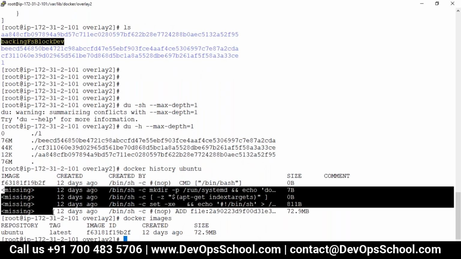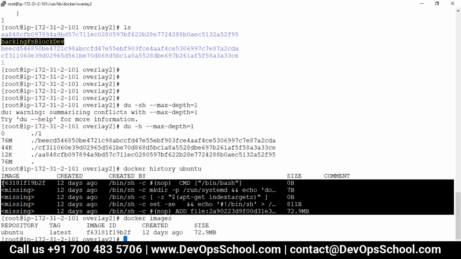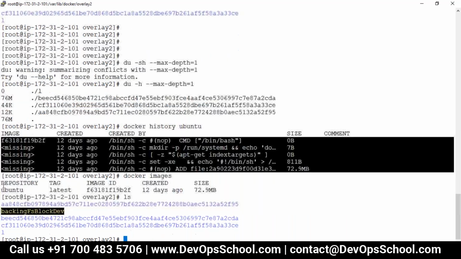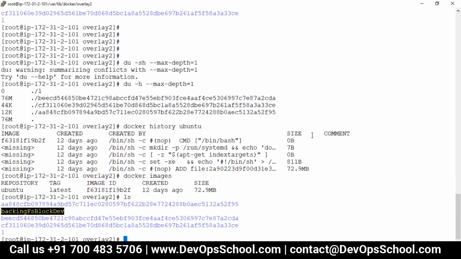So here we have 4 commits, but if you look at this very carefully, I have 4 commits done but only 3 layers in this image. How come? Basically if you look at this size here, you will get the answer. See here, this is 72 MB. This is the files and directories. Here it's still bytes, a few files will be there. Here still bytes, a few files or some symlinks will be there, but here you have nothing.